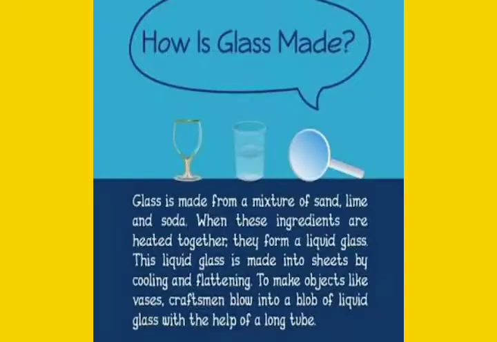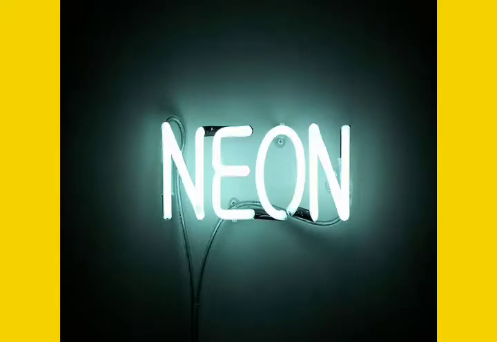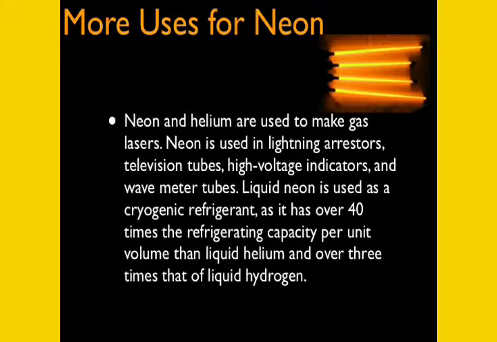Next is sand. Sand is a compound used to prepare glass. Next, argon and neon. A noble gas such as argon or neon is filled in electric bulbs due to its inert nature. Inert nature means it's not reactive in nature. It does not react with the tungsten filament of the bulb and prevents it from destruction. Diamond, graphite and coal, they all are what? They all are different forms of the element carbon.